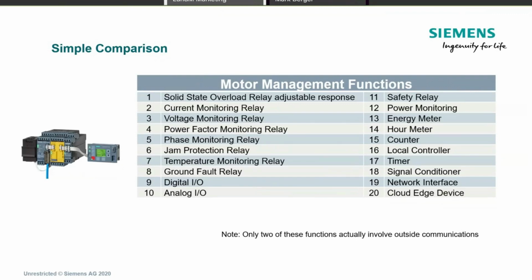And then what it would do is see the current go to a certain level. It would stop going in the clockwise direction, and then it would reverse and go counterclockwise, because it didn't matter which direction it was going to move. Well, they found out that they couldn't get any more of these jam modules from the manufacturer, and they couldn't find them on eBay. So they came to me and asked me about this, and so I was able to show them in Simocode